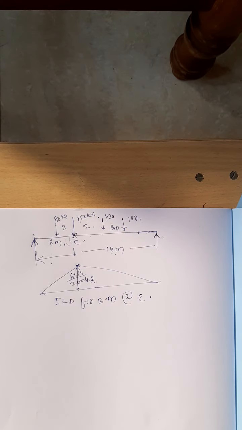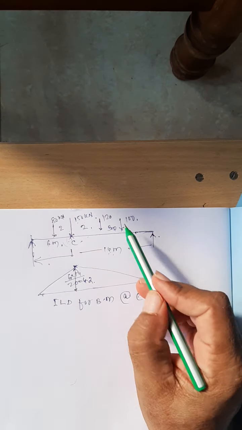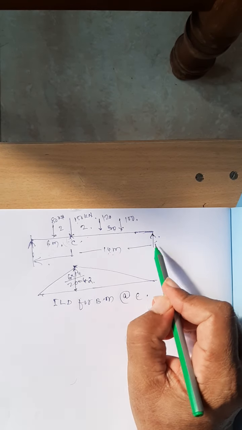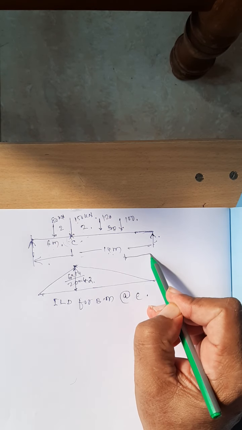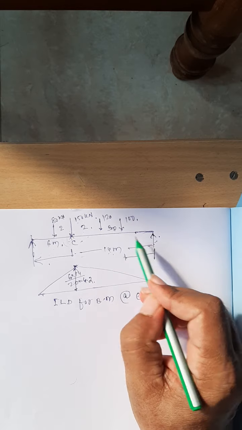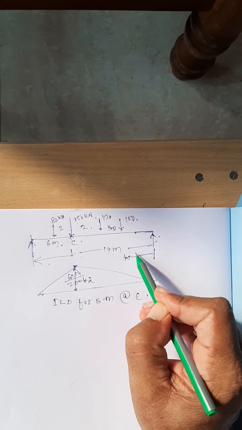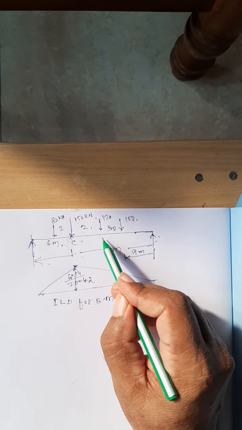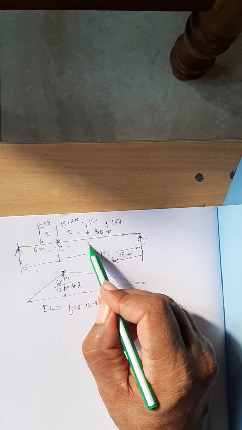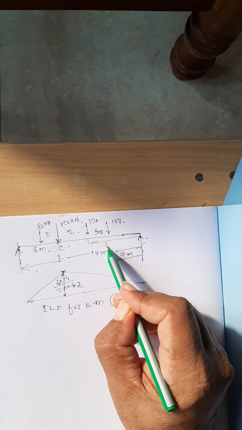Now, to calculate the maximum bending moment for the given position of the load, what you need to do? You get the ordinate of the influence line diagram under the loads. Yes, one load is at a distance of how much? From here to here I want the distance. So this is 5 meter and total is 14. Therefore, this distance will become equal to 9 meter. And the total is 14 and this distance is 2 meter. Therefore, this distance is equal to 12 meter.